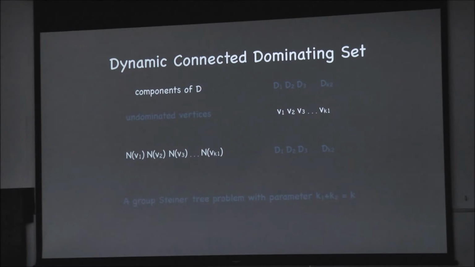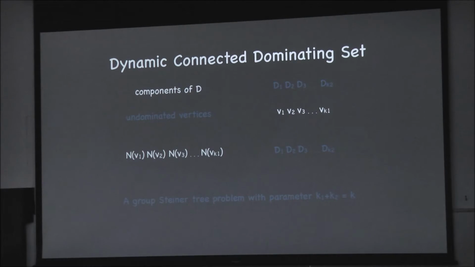Okay? So this defines the group Steiner tree problem. That is, the group Steiner tree problem is, you're given a graph G and a family of subsets of the vertices. We want a tree of the graph G that contains one element from each set that is given in the family, and the parameter is the size of the family. This is what we want. This is the group Steiner tree problem. It is known to be FPT with respect to the size of the family.